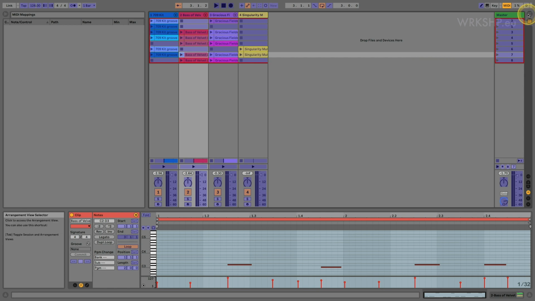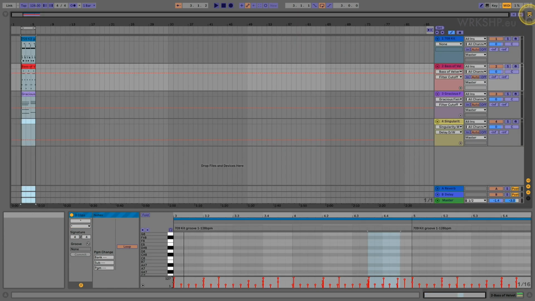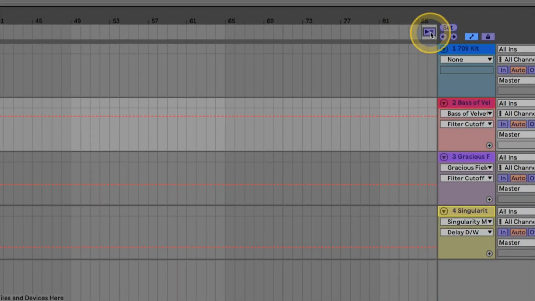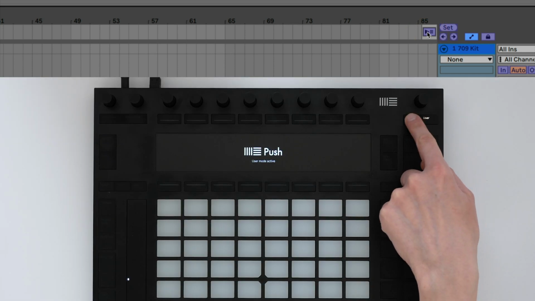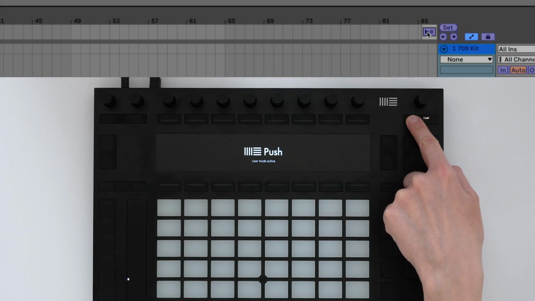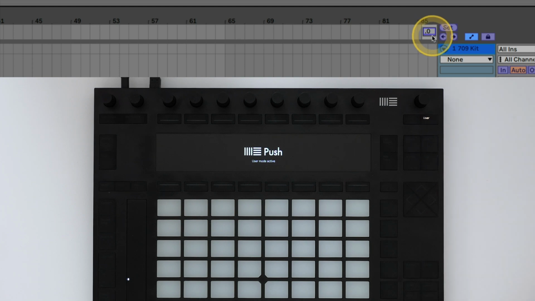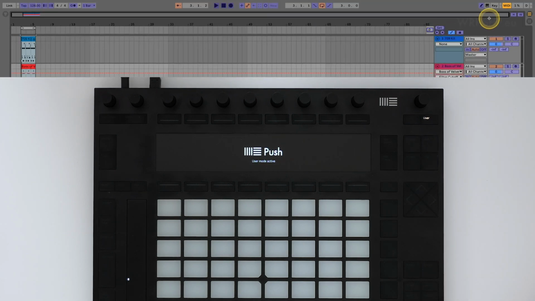So I'm going to come over to Arrangement View here, and the Back to Arrangement button is what I want to map. I'm just clicking it once, and then I'm going to map it to this button just beside User. So I press that, and you can see that it's been mapped here. Now if I come out of MIDI mapping mode here,